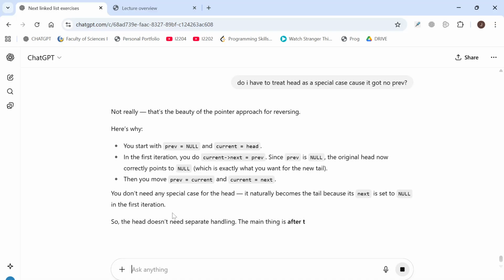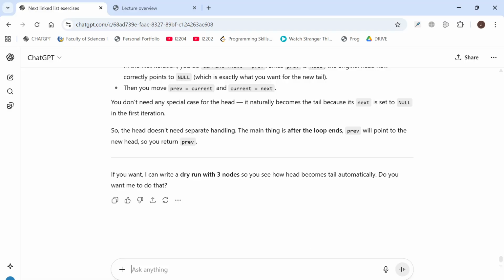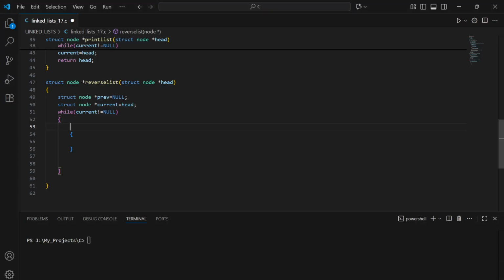Not really. That's a bit of front approach for reverse think. Yeah, I knew that head should not be treated differently. Here's why you start and current equal head. The first station you do current next equal previews. Since prep is not the original head is correct functional, which is exactly what you want for the new tail. Then you move previews equal current. Yes, I didn't read much of that, so but I know that I shouldn't treat head at a different as a different case or specific case because